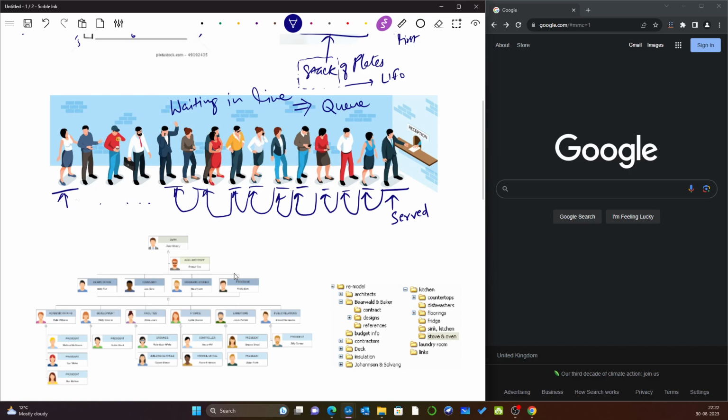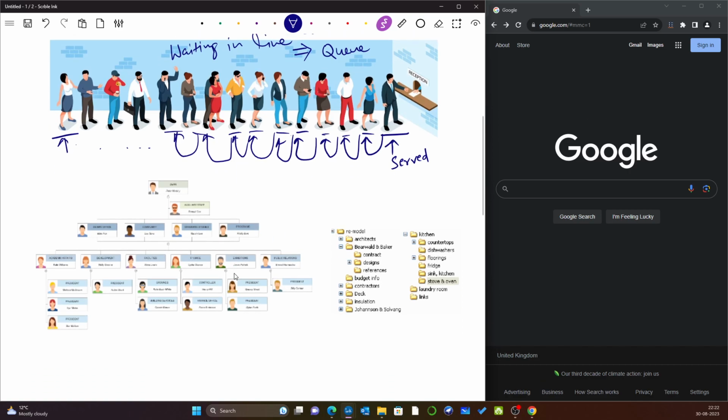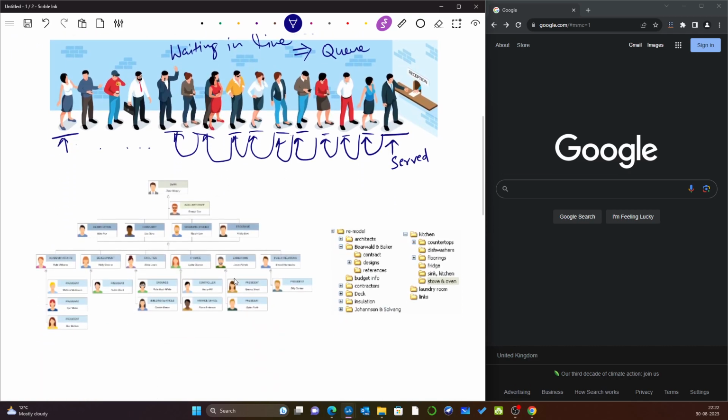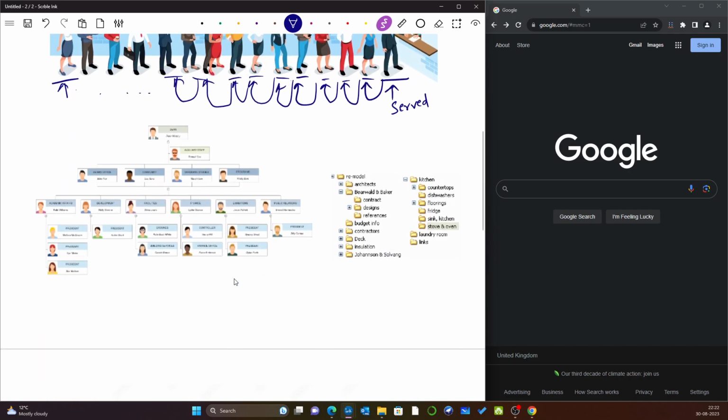Now this was more of a linear sort of thing where things are happening in a linear fashion. We're accessing in a linear fashion. So now let's take another example. This is basically an organizational org chart. So if you are working in a multinational company, there's something called an org chart,